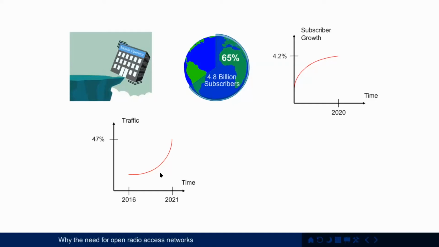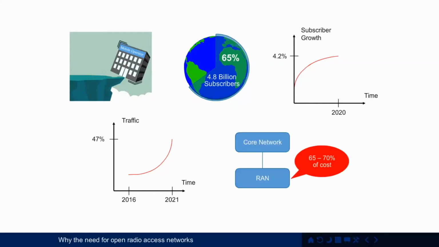So basically, we need more capacity. And the capacity is not an issue in the core network. The capacity issue is in the RAN, in the radio access network. So we need more cell sites. We need more base stations. So potentially this is going to prove to be very expensive. It's been estimated that about 65 to 70% of the total cost of ownership is actually in the RAN. And clearly, if we need to put more capacity in, this is only going to increase. So we need a much cleverer way of putting more capacity into our radio access network. And this is where Open RAN comes in.